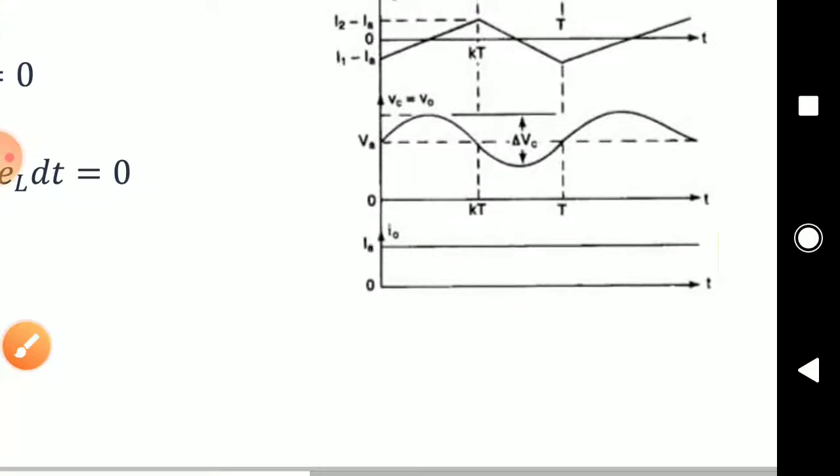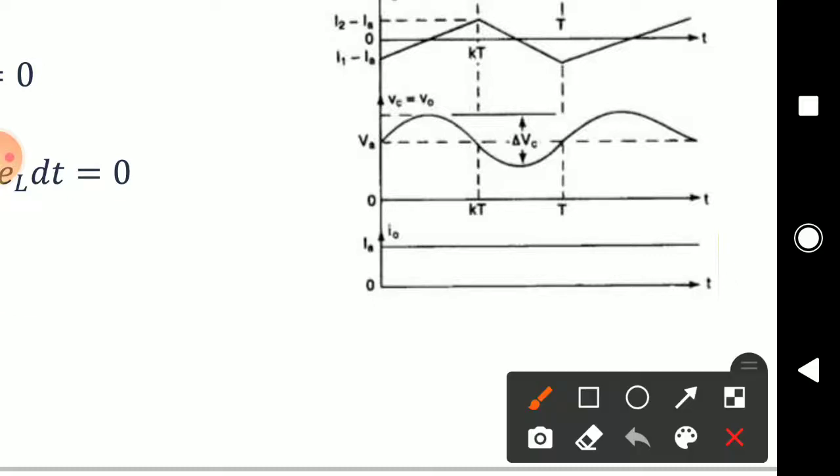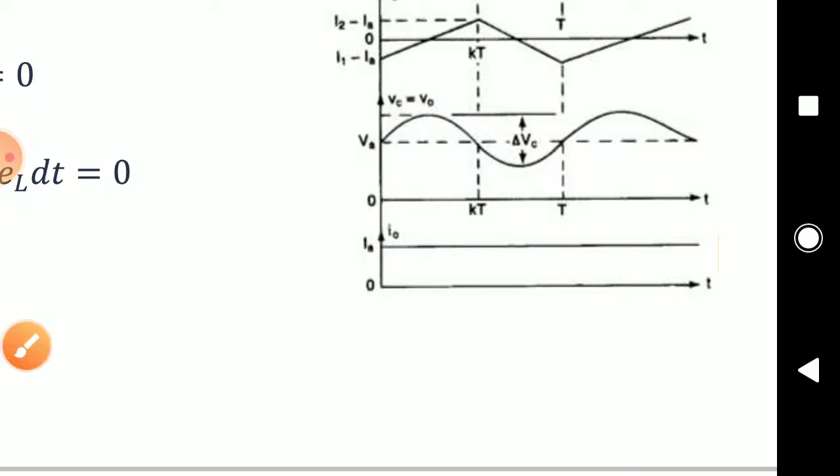Now finally the output voltage. If you remember, in the output voltage during the on period, your inductor current was increasing. So effectively you can say that during the on time the voltage was increasing, and during the off time the voltage is a bit lower. And now finally you can see that we had assumed that the output load current is constant throughout the operation of the particular circuit.